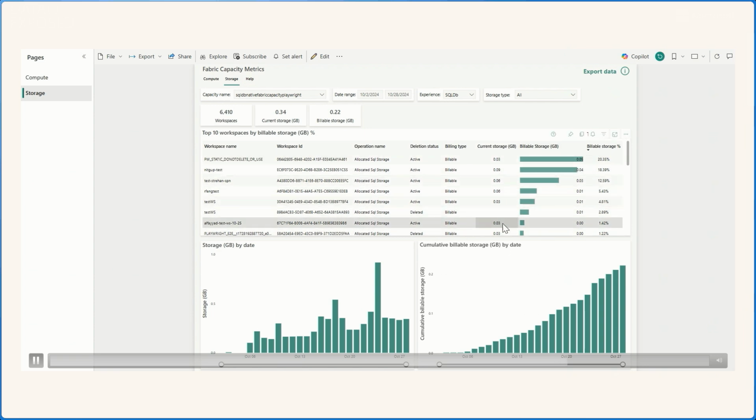And then you'll see that there are two sides to it. One is the status that represents if it's an active storage or a deleted storage. And then you have billing type. And that's important to know if it's on preview or trial or if it's actually being billed to the customer.